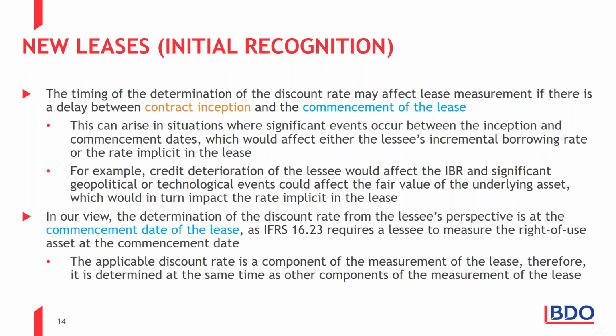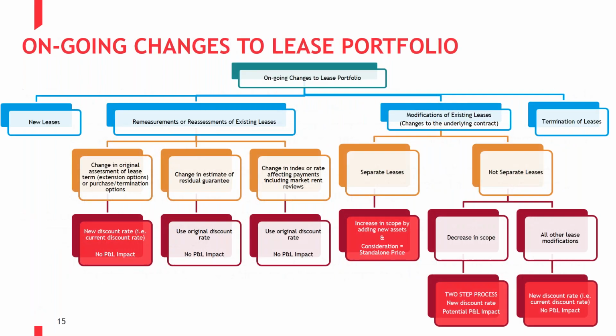So it's important to note that the discount rate that we should use is at the commencement date of the lease. And it's because the standard in paragraph 23 requires a lessee to measure the right of use asset at the commencement date. The applicable discount rate is a component of the measurement of the lease. It's a component of coming up with the lease liability on day one. And therefore, we have to come up with that discount rate on the commencement date. So that's just an important thing to consider. So first category, for all new leases, you have to determine your incremental borrowing rate at commencement date of each